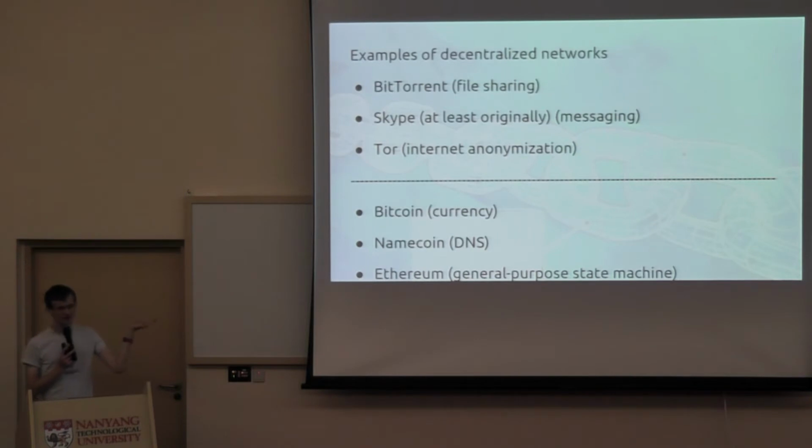So, the networks that are below the dotted line are different, right? So let's look at just Bitcoin, the currency, as an example. Let's suppose that I have 100 Bitcoins, and I create a transaction that sends these 100 Bitcoins to one person. Then I create another transaction that sends the exact same 100 Bitcoins to another person. Now, either of these transactions is totally valid by itself, but both of them cannot succeed at the same time,